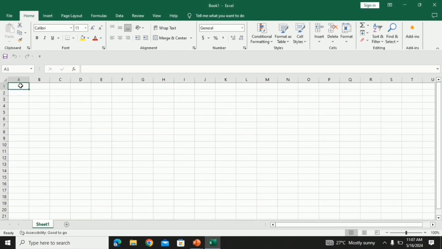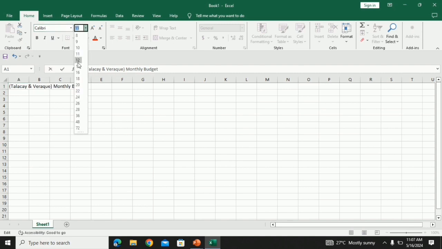First, click on column A and then put your title, your monthly budget, and then double click, choose your font size, adjust your font size, so 20, and then the font.